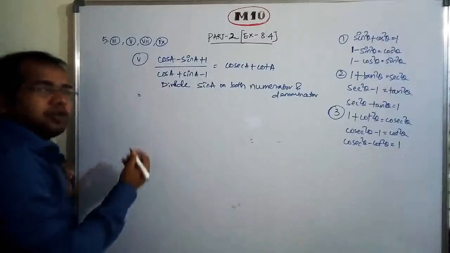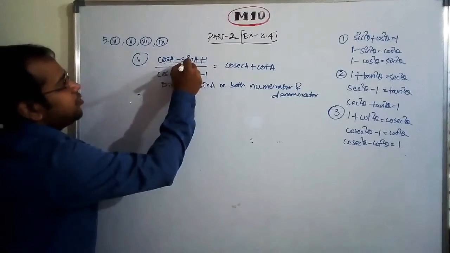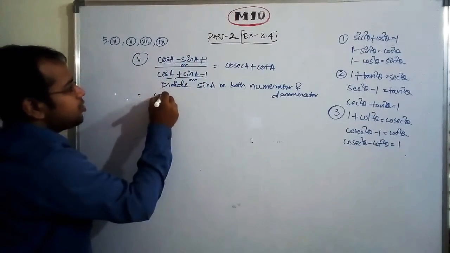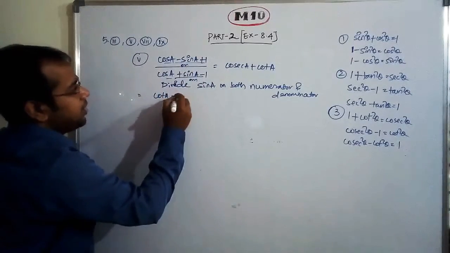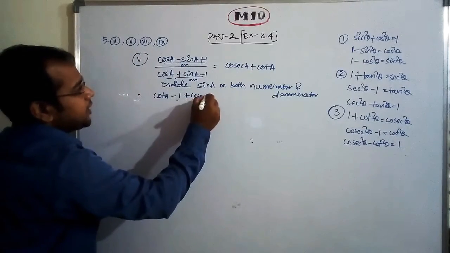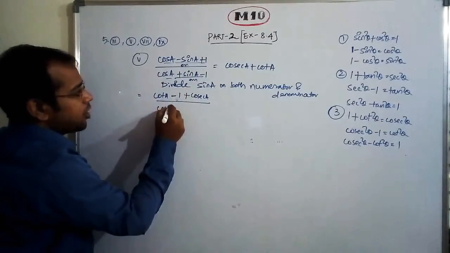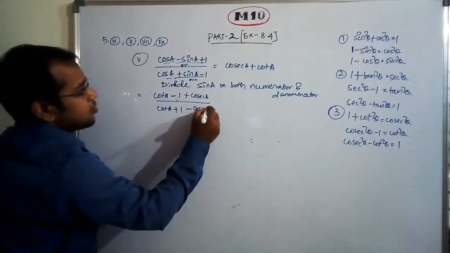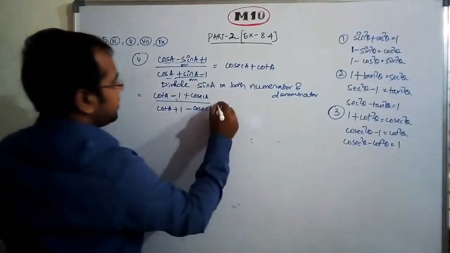See, you are dividing by sine A, cos divided by sine. So you are dividing by sine over here and also over here. Cos by sine is your cot A. Sine by sine is your 1. It is minus 1. Plus 1 by sine A is your cosec A. Divided by cos A by sine A is your cot A again. Sine A by sine A is 1. 1 by sine A is cosec A. Okay, you have got this. Let us rearrange this. What will you get?